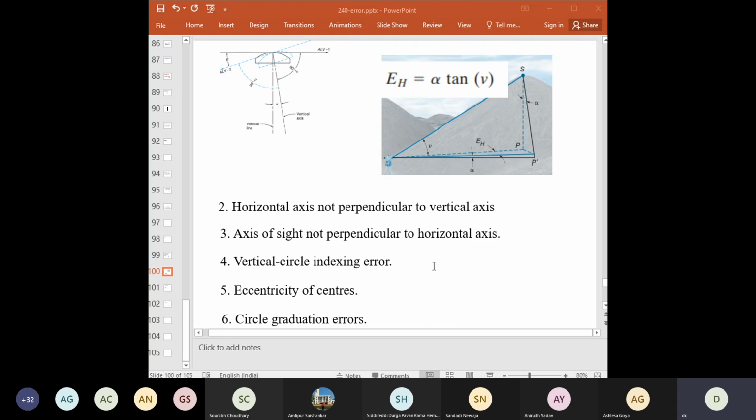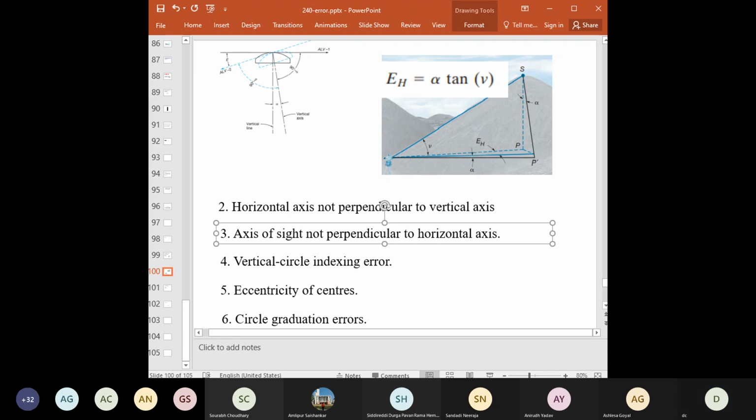And this automatically gets applied to any other subsequent horizontal angles that are recorded. So horizontal axis not perpendicular to the vertical is also compensated in